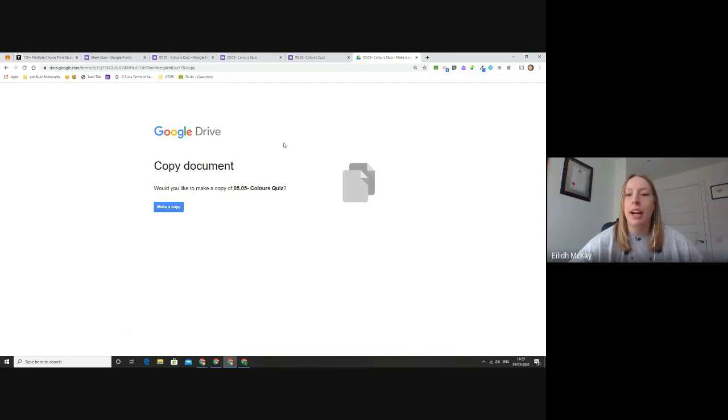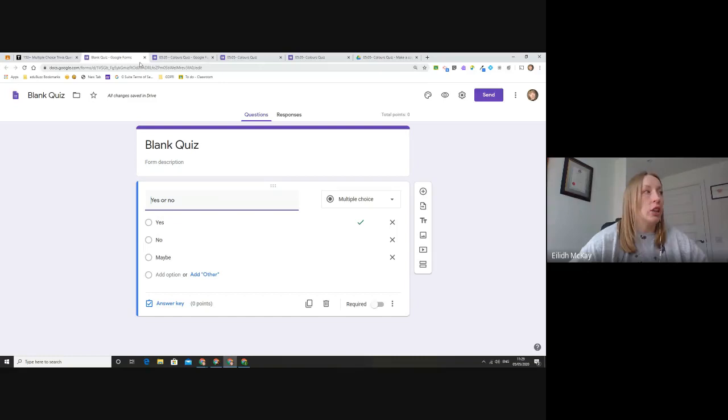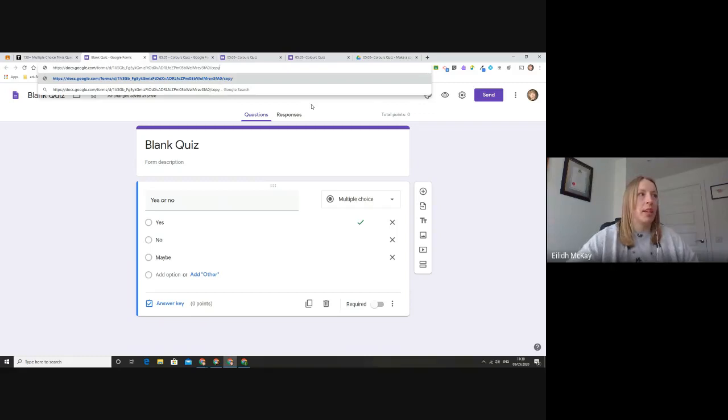So you're not having to get all of their responses in one place. They can then have it, it will save in their Google Drive. So I'll do that again. At the end of our website address, if you're on your form or on a Google Doc, this works in docs, it works in sheets, it works in sites, slides, all of these things. You'll see the word edit at the end. Now, if you change that word edit to copy, then highlight all that text,